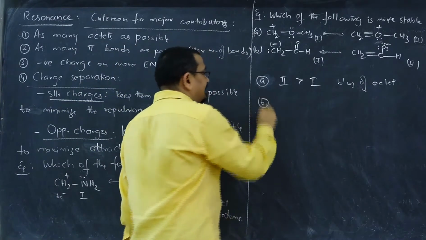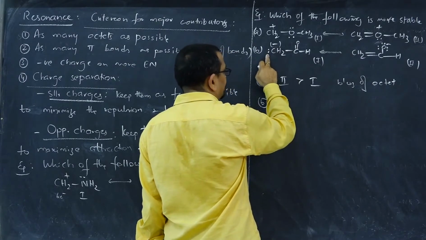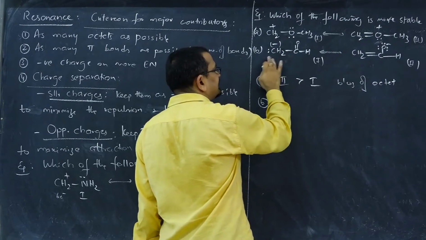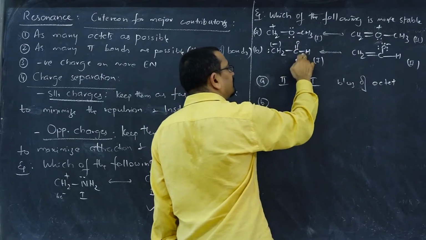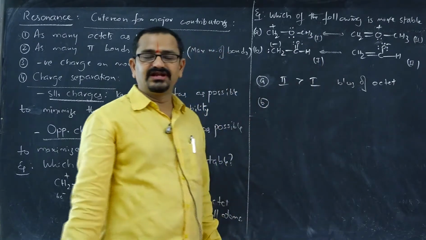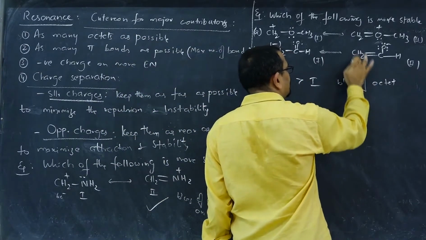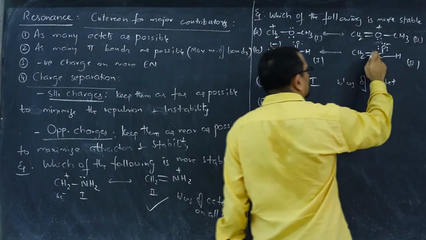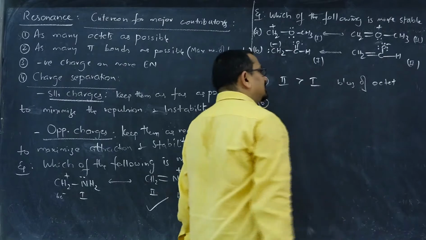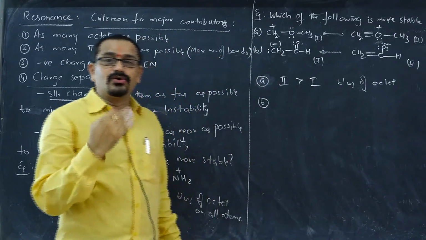And when it comes to the next option, this is with minus charge, means lone pair, 2 electrons, 2 bonds and 1 bond, 3 bonds, 6 electrons. Totally it has got 8 electrons. Oxygen has got 8 electrons. Of course hydrogen will get duplet set of electrons. So octet is satisfied here. When it comes to this one, 2 plus 2, 4 bonds, 8 electrons, and 6 plus 1 bond, 8 electrons. So octet is satisfied. So there is a tie on octet.